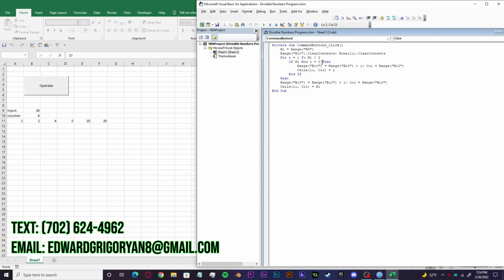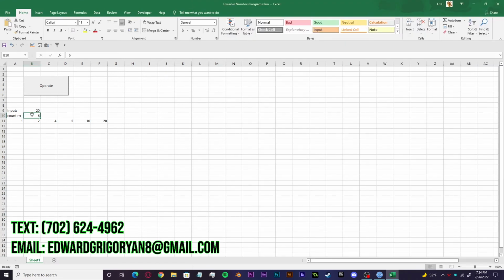So we're checking to see that our input number divided by the number that the cycle is currently on has a remainder of 0. If there is a remainder of 0 after this division occurs between our input and the current number that our for loop is running on, then we'll set range b10 equal to range b10 plus 1, which is our counter here. It'll just be adding 1 continuously. So this will go 6, 7, 8, 9